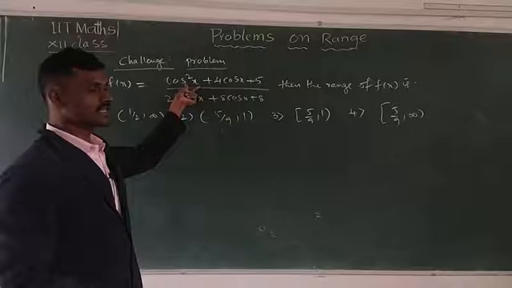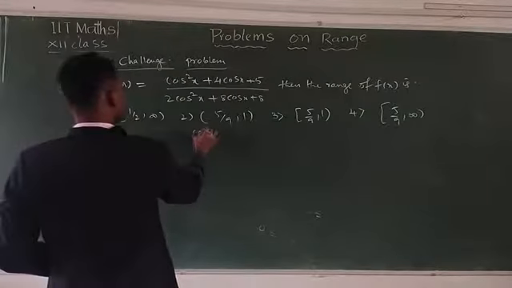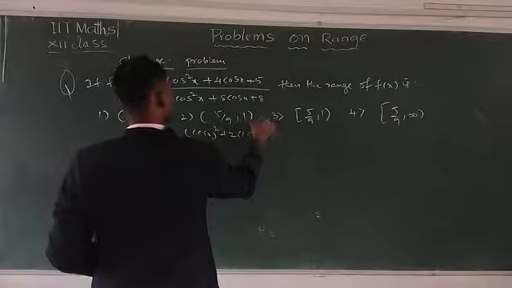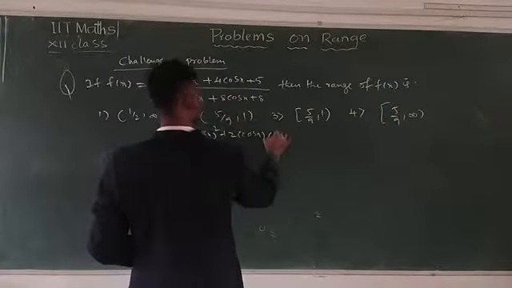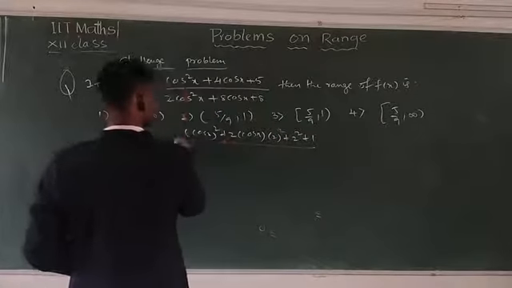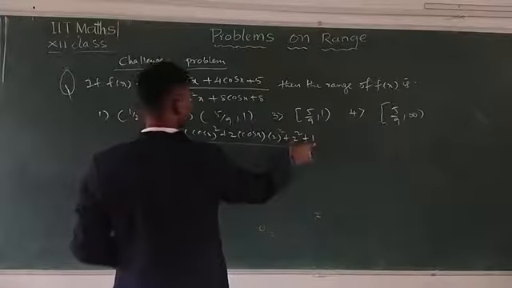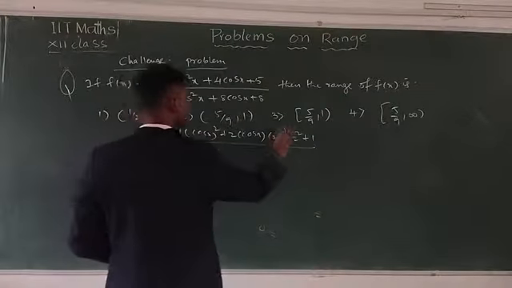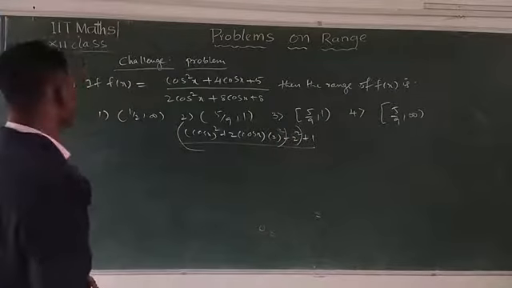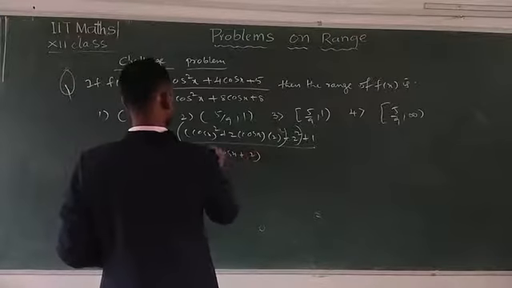First, this one is written as a quadratic equation. How we write is here, cos x whole square plus 2 times of cos x into 2, you can write here 2 plus here 2 square plus 1. Now this is 2 into 2, 4 cos x plus this is 2 square plus 4 plus 1, 5. Now this is written with the a plus b whole square formula. A plus b whole square formula means here cos x plus 2 whole square plus 1.